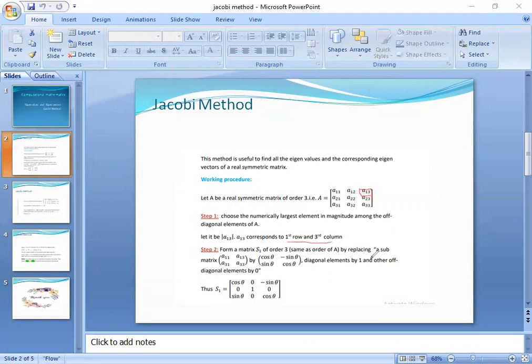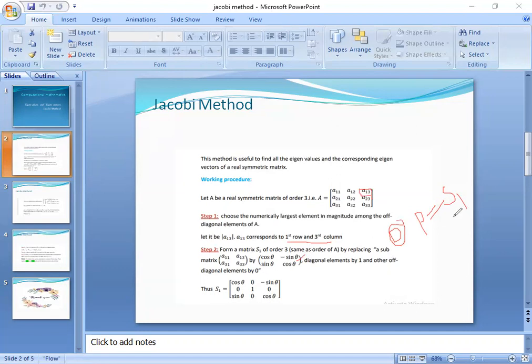Now in the second step, using the diagonalization definition, we are going to find a modal matrix P in such a way that D equals P inverse AP. But in the direct method, P can be obtained using the eigenvectors of A. But here we are going to find the modal matrix P as an approximate matrix S1, so that this diagonal matrix can be approximated by rotations. The rotation is through the angle theta.